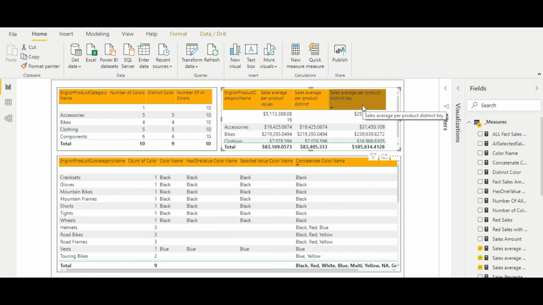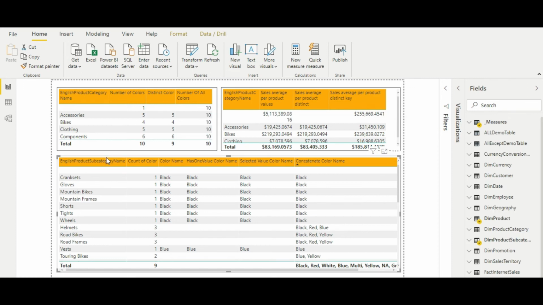Actually it's not a scalar value, you can consider it as a single value table, right? Single row, single column table. That's why I am saying it as a scalar value, because that would be a kind of table but only one row and one column. So you can say that it is a scalar value. So let's see those scenarios.